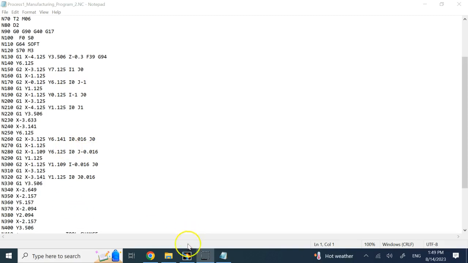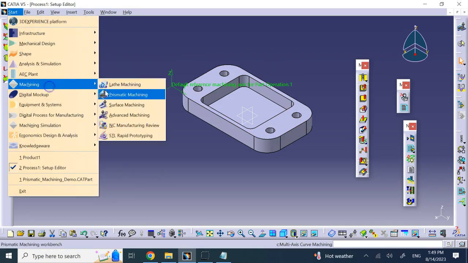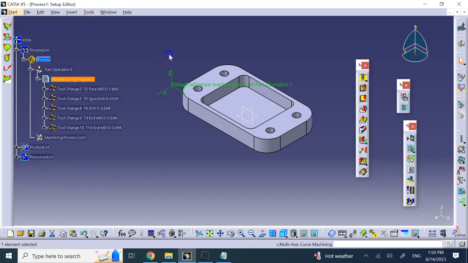G code. So hopefully this video was useful to you, and I could introduce to you the basics of prismatic machining in CATIA using a 3-axis machine. And there is a lot more that you can do with lathe machine and advanced machining and so on. But here my goal was just to introduce this quite lengthy and, I would say, hard process of defining